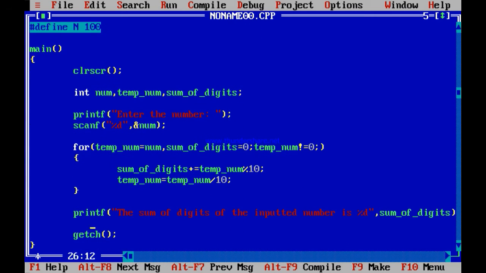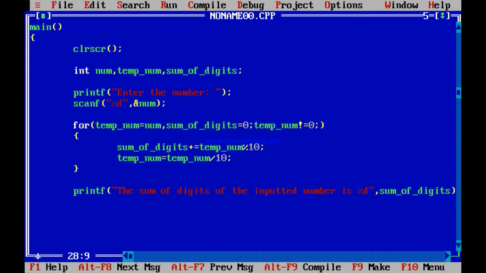How to reverse the number? Very simple. Now my logic will be somewhat like this. Say the number is 572. I will take 2. That is number %10 I will take. Once I take number %10, I will initialize a variable called reverse number. I will take this 2. What I will do is somewhat like this. The same logic I used last time.